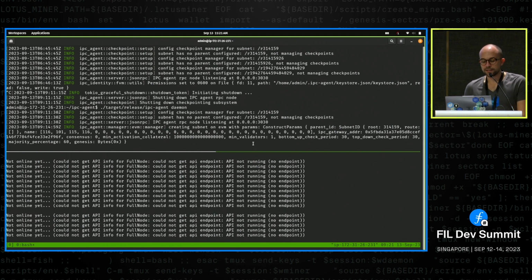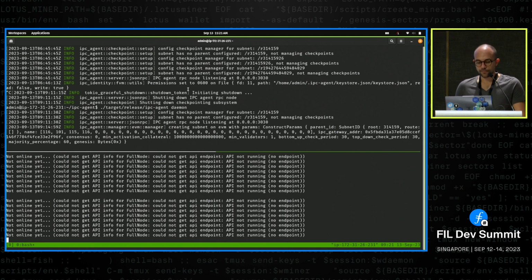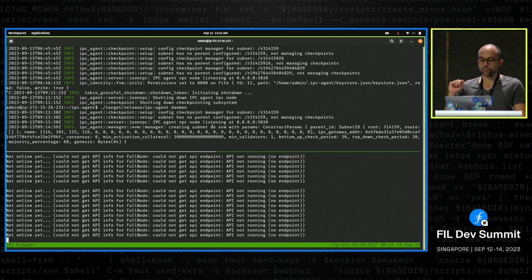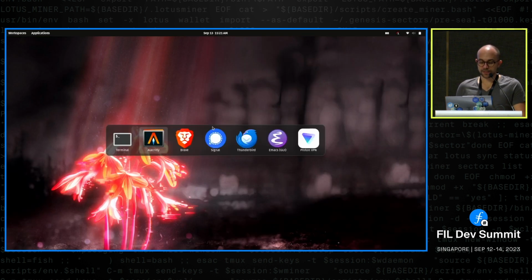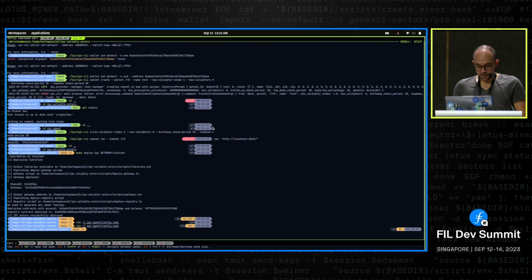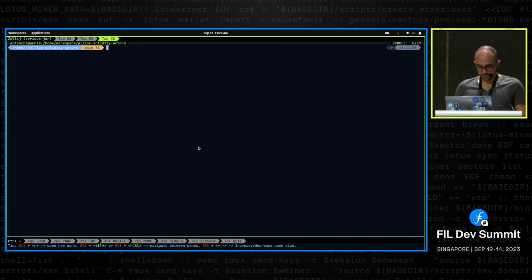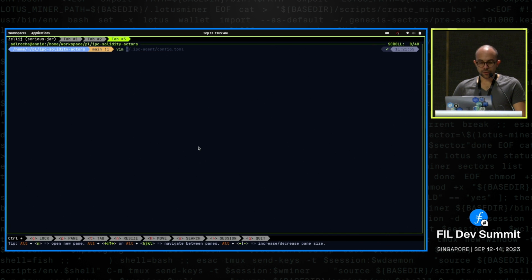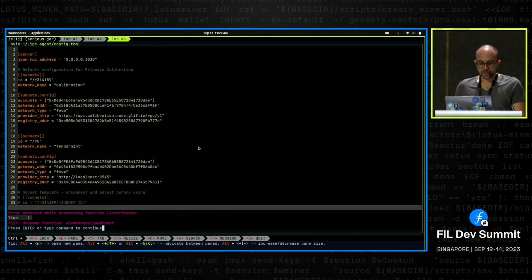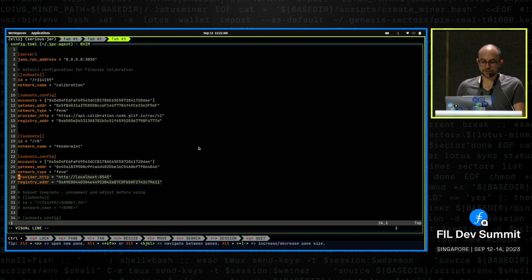Actually, in the meantime, I can show you how to deploy a smart contract or connect to a subnet, because I already have a Fendermint-based subnet deployed here. So I need to make this bigger. Okay, so this is my local environment. And here what I have is a new Fendermint subnet that I already deployed. In this case, you see that it's the root, but we could have a child subnet. I already deployed